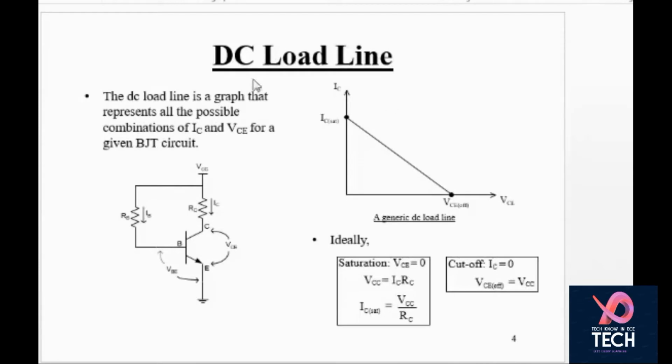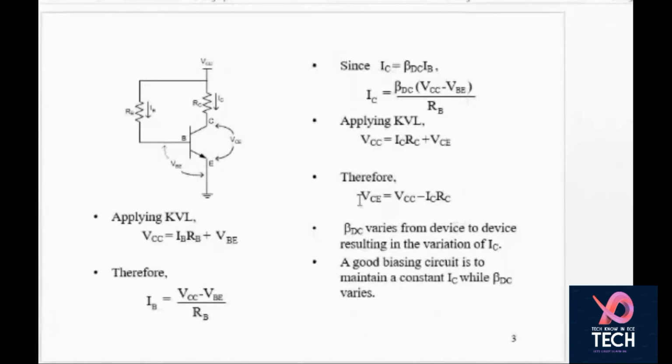So this is DC load line. How you can calculate the DC load line, that is important. I'm not able to write now, but that's fine. Let's look. When you talk about DC load line, 2 points are there. One point is on the y-axis, the other point is on the x-axis. When you are interested in calculating the point on the x-axis, you look at this particular equation, VCE is equal to VCC minus ICRC.